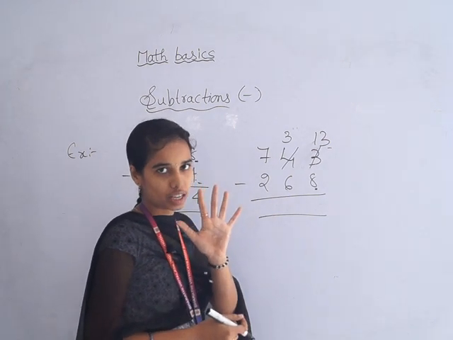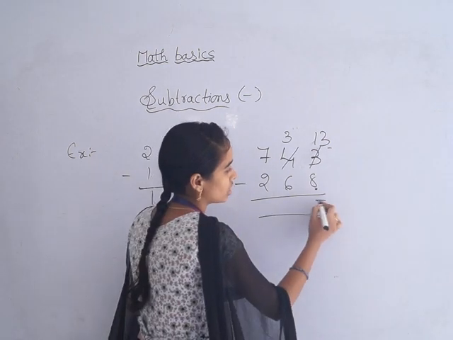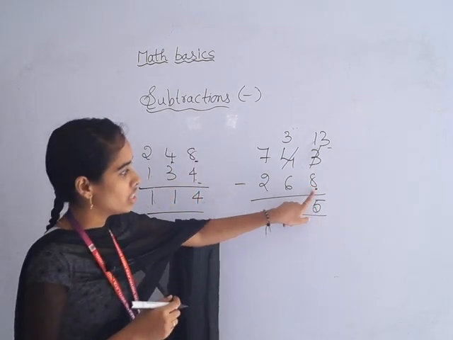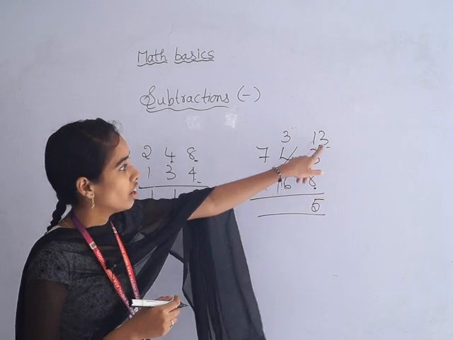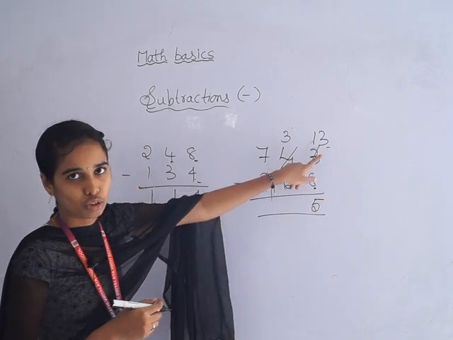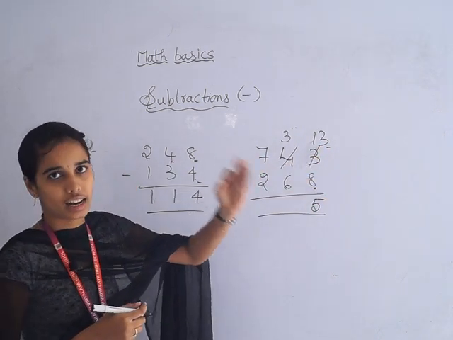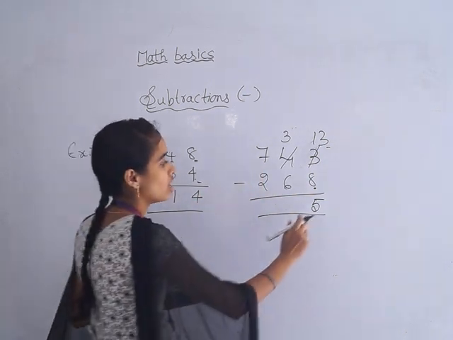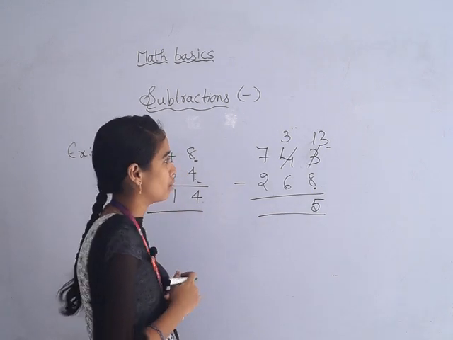So how many fingers I opened? 5. So answer is 5. Like that also you have to do subtraction. After this is small number, no? After number you have to count up to 13. Like this, 9, 10, 11, 12, 13. So how many fingers you open? That is only answer. So 5 here I am writing.